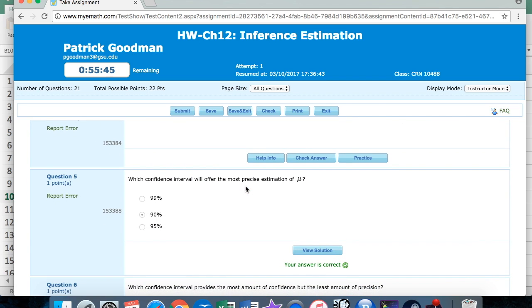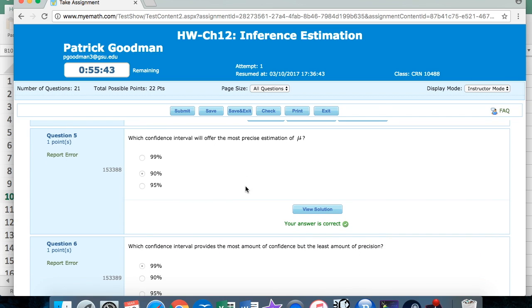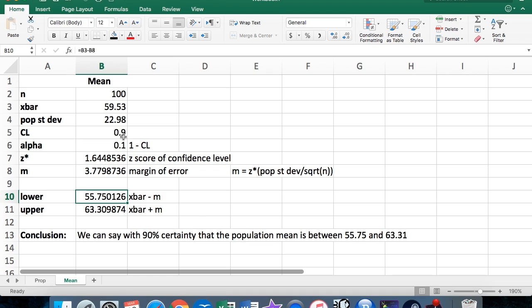All right? Now here are just some concept questions. Which confidence interval will offer the most precise estimation of mu? Okay, so let's look at this. So here I have a confidence level of 90%. Now look at these two guys. Okay, let me show you this. Here's the difference